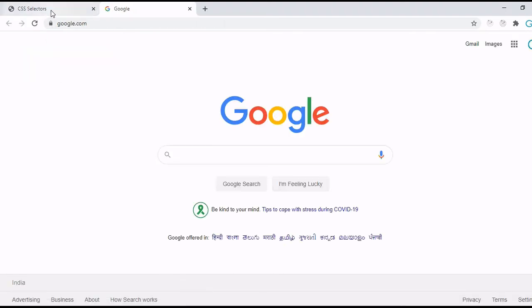So let's see again. Now you can see when mouse gets over this, color has been changed to orange. When I click on this, the new page has been opened and our hyperlink color has been changed to purple.